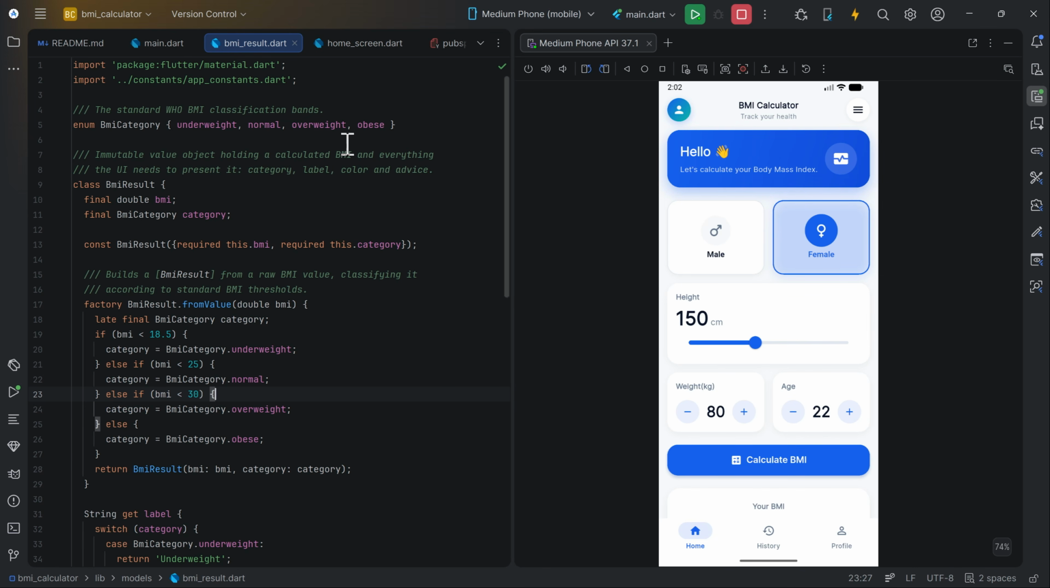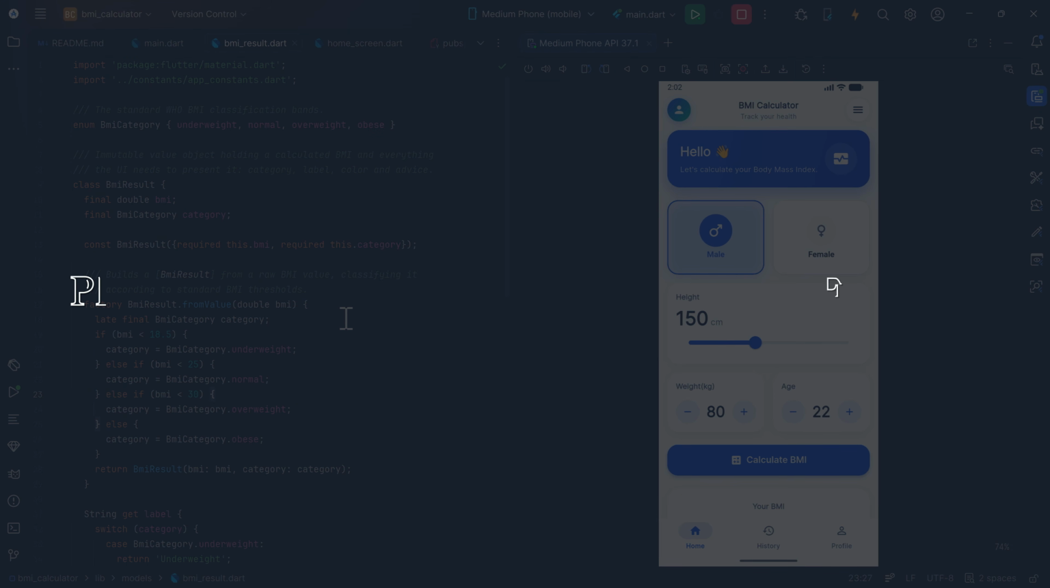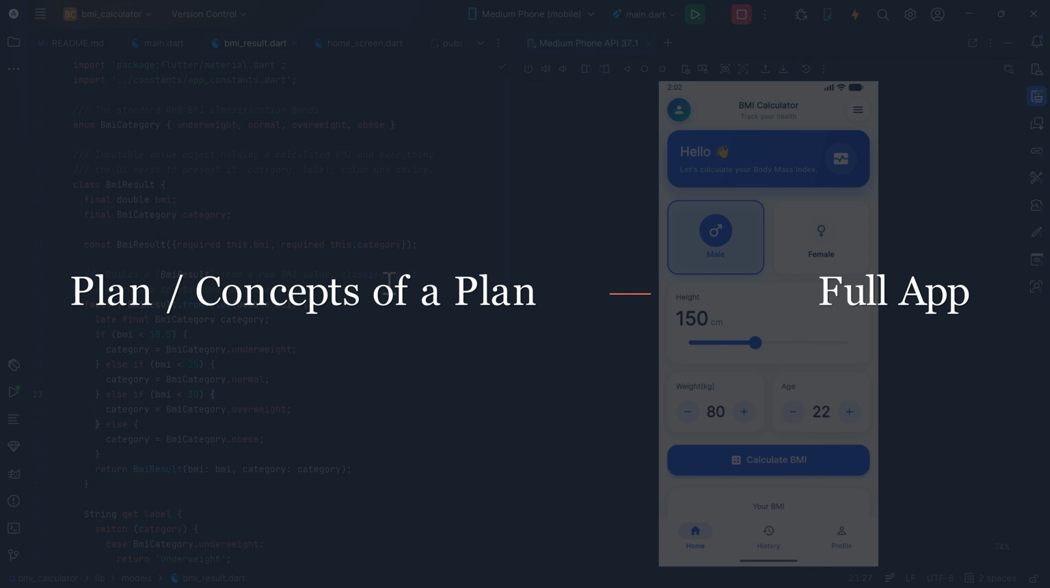In this video, I'm going to show you how to build this application here in under 5 minutes using AI. This is by far the easiest way to build Android applications using AI that I've found so far. It's so easy that anyone can do it. Using this method, you can go from a plan or concept of a plan to a full mobile application in